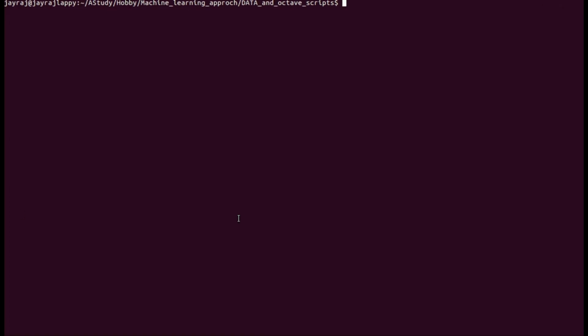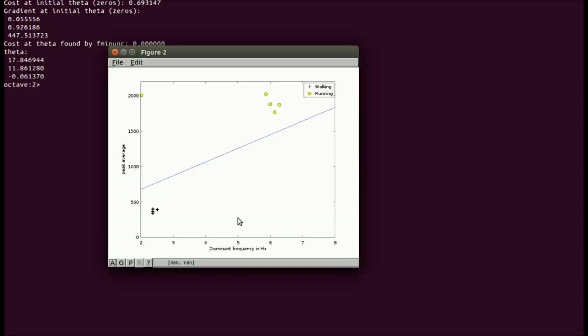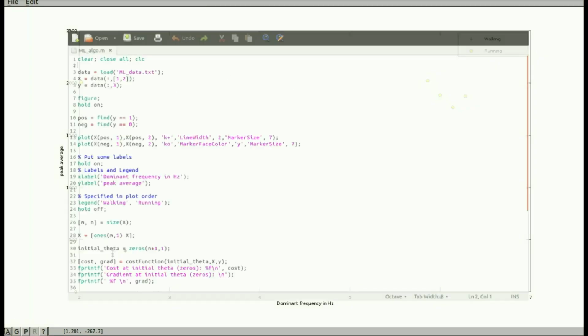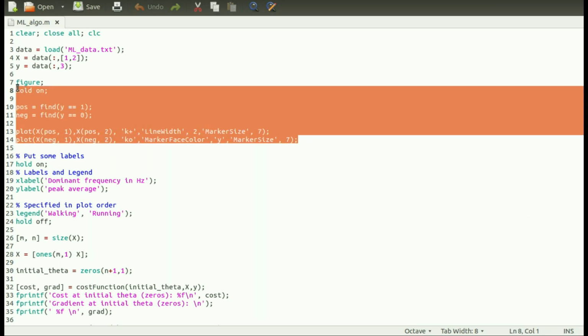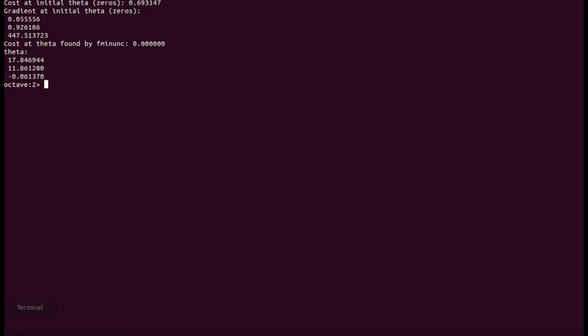So again, Octave, and I told you the file is ml_algo. Okay, here we go. I want to get the second plot first. This is the kind of plot that this part of code will do. I encourage you to go to this plot function and just look at the help. For looking for help in Octave, you just have to type help plot.